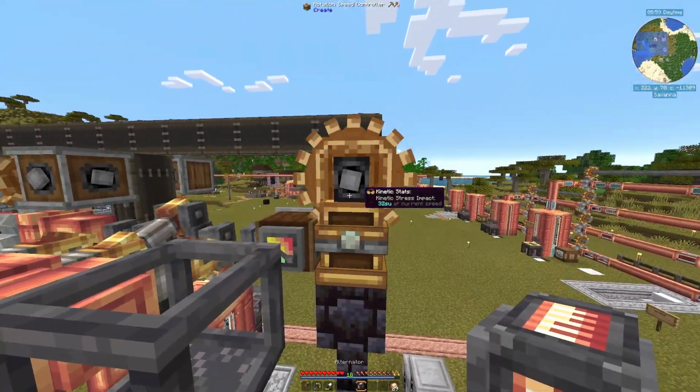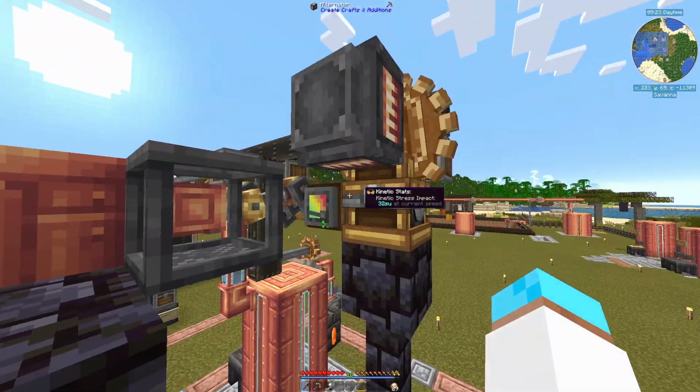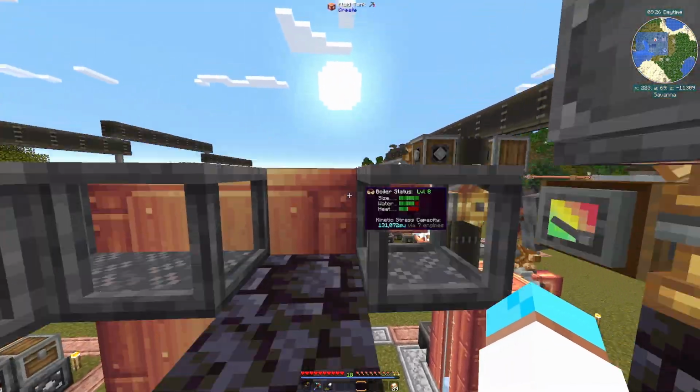So by right, can I just stick you on there? Generating 15 FE a tick. Now you're generating 1 FE a tick. Okay, so that looks like that works, right? We're generating